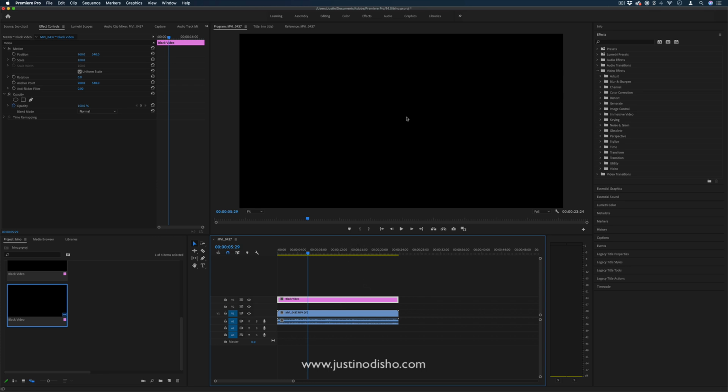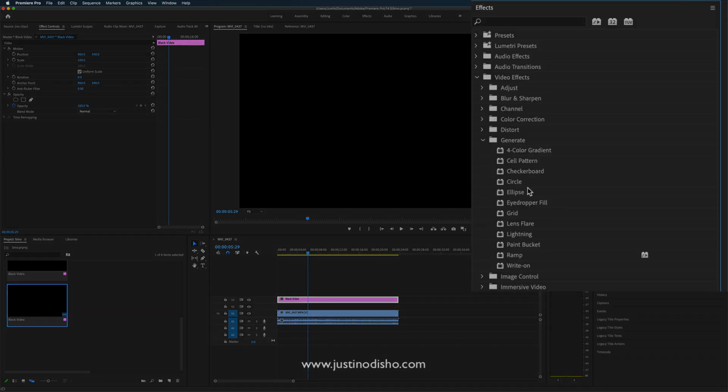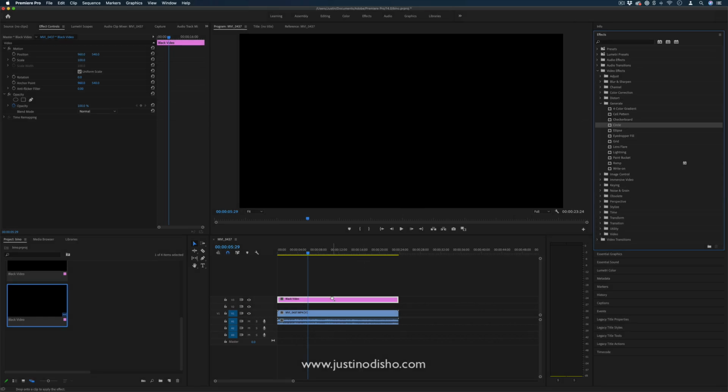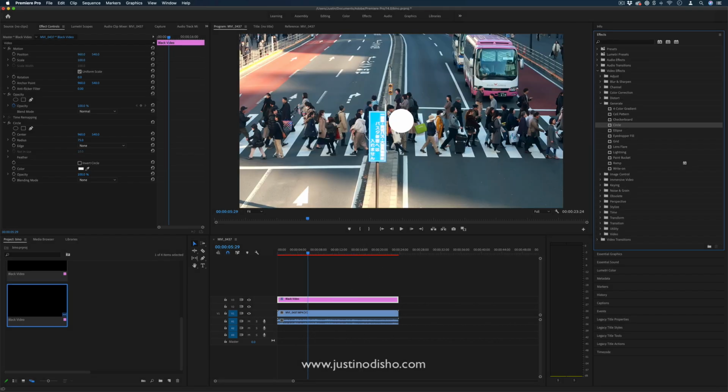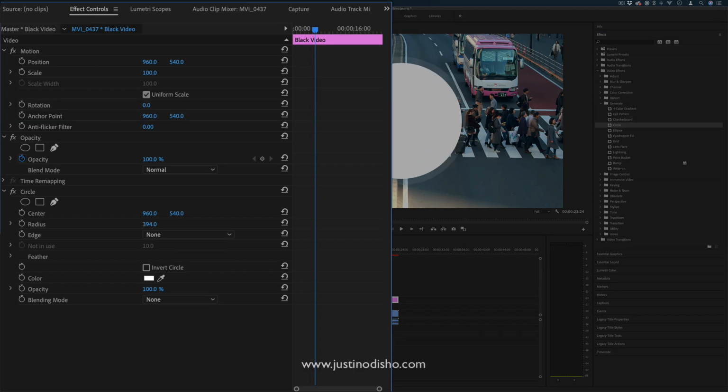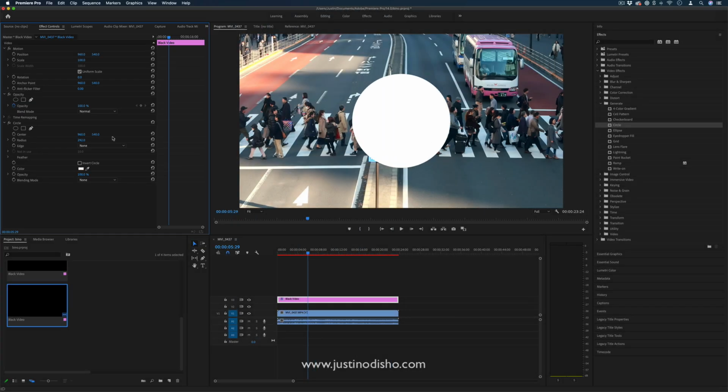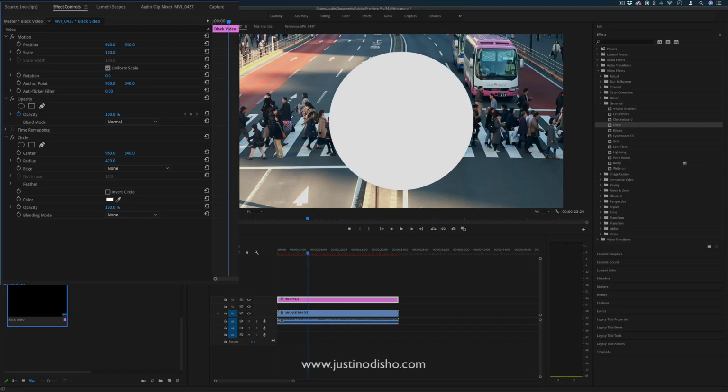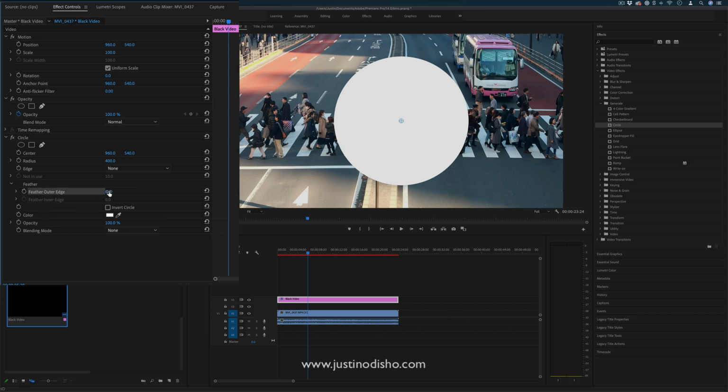Now I'm going to add a couple of circle effects onto this black video. In the Generate Effects folder, I can find the one called Circle, and I can drag that onto this black video clip. You'll see a circle effect, which in the Effects Control panel, we can adjust the size and position of. I'm going to make it a size which I'd like for my binoculars, maybe roughly this big compared to the frame. I'll just use 400 for an even number. And then also there's a section for feather. If I want, I can add a little bit of feather, which you'll typically see in this sort of